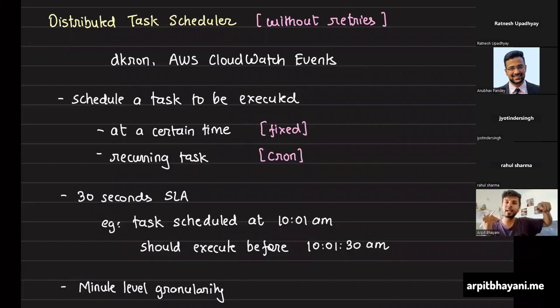So it seems like a solution that you can build on top of one-time execution, because in any case, once a task is scheduled, be it recurring or one-time, you have to maintain that SLA that you are executing that thing within 30 seconds. So you would anyway need to solve that one-time execution problem really well to be able to build recurring tasks. So that's how I would have approached it.